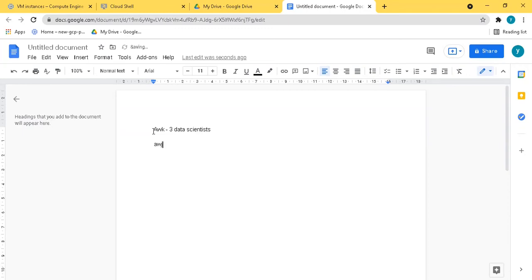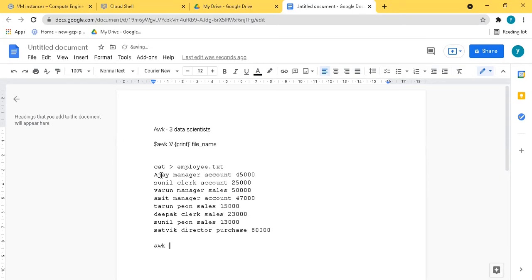Okay. So what is the pattern? AWK, and after that some search pattern if you have, and it should be in quotes. Then the search pattern, and after that whatever you want to print, and then the file name. It is a syntax. Through AWK we want to highlight only managers. So you mention quote manager, then close the quote, and then you print the values. So you will simply say print, that's it, employee.txt. What it will do is just print the managers' data.